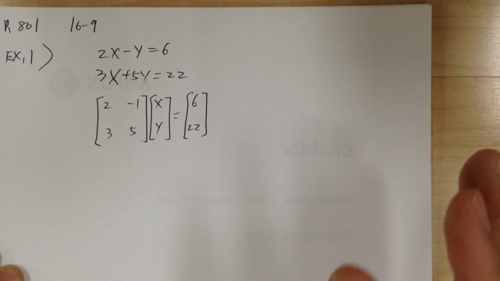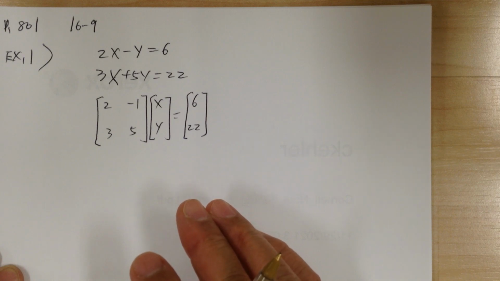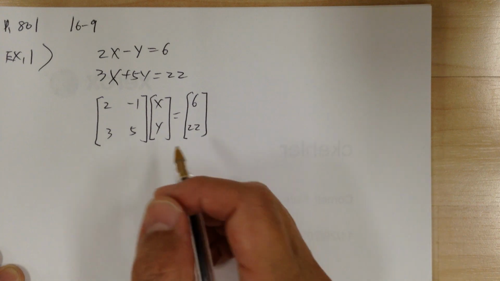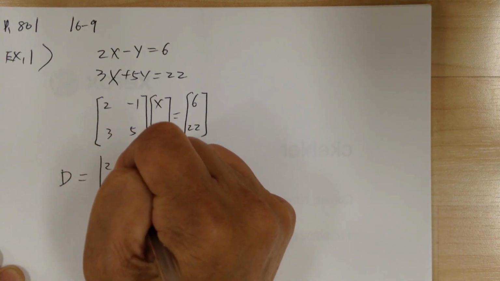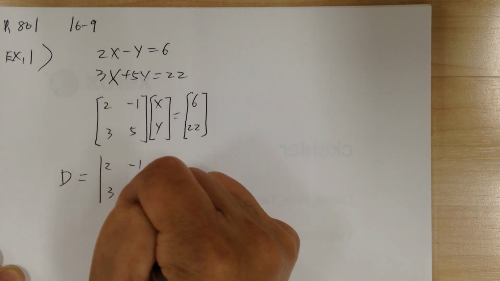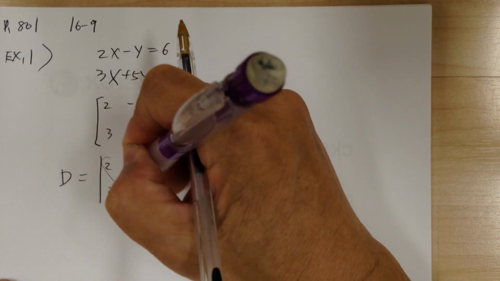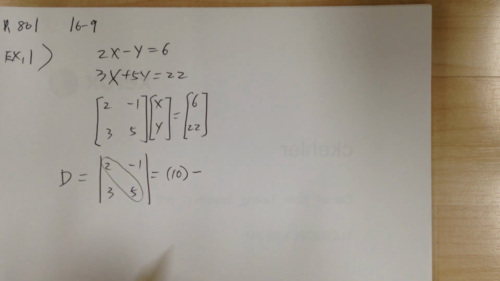But now we're going to use a different technique. This technique is called Cramer's rule. What you need to do first is find the determinant. So in this case, D equals the determinant of [2, -1; 3, 5]. This is one of the few times I'm going to go sideways. And so this would be equal to 10 minus,